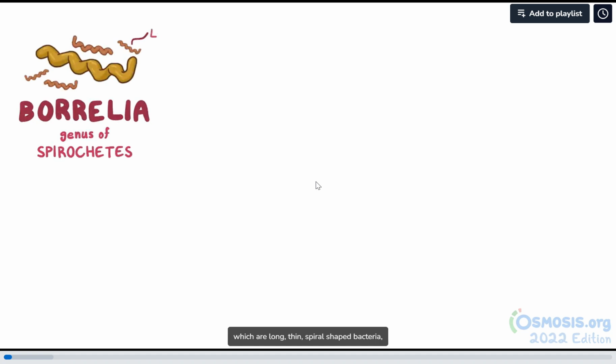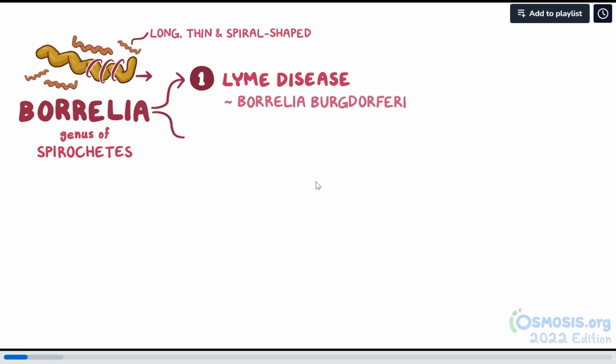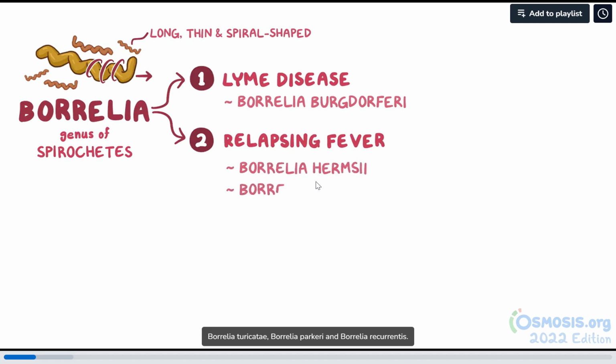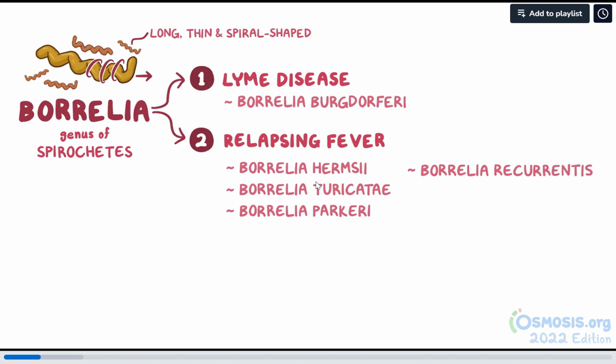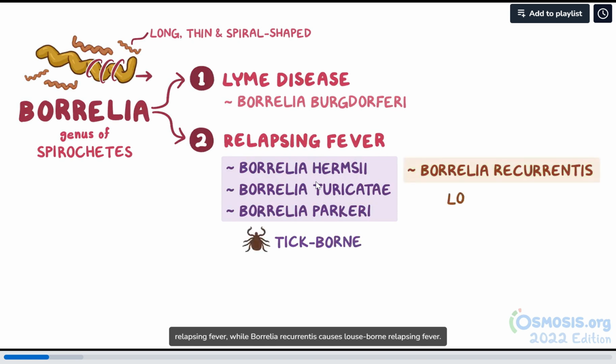of spirochetes, which are long, thin, spiral-shaped bacteria that spin or twist to move around. The genus has two major groups. The first one is associated with Lyme disease, and the most common species is Borrelia burgdorferi. The second group is associated with relapsing fever, and the most common species are Borrelia hermsii, Borrelia turricatae, Borrelia parkeri, and Borrelia recurrentis. Of the second group, the first three species cause tick-borne relapsing fever, while Borrelia recurrentis causes louse-borne